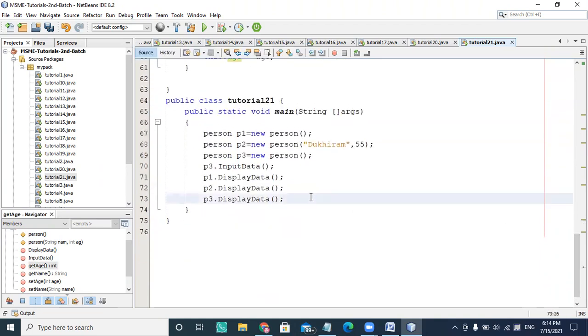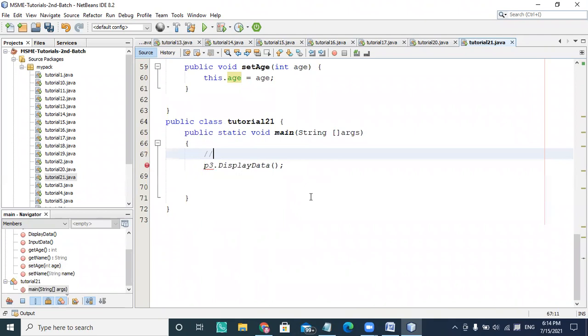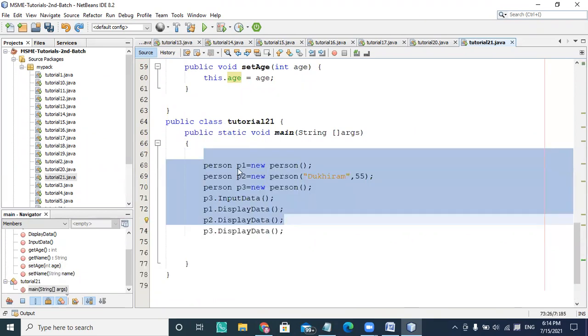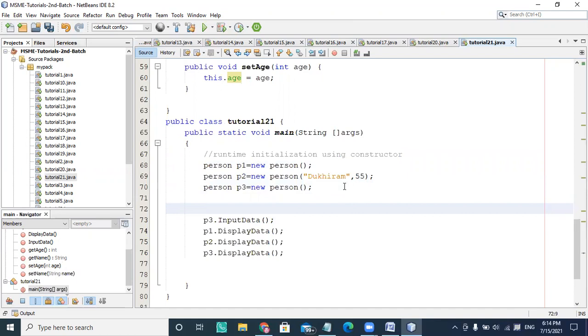Here I'm just putting runtime initialization using the constructor, and this is a runtime initialization by using a method.